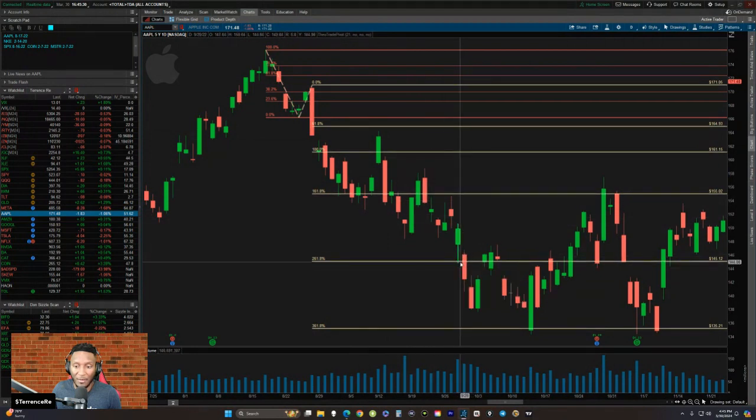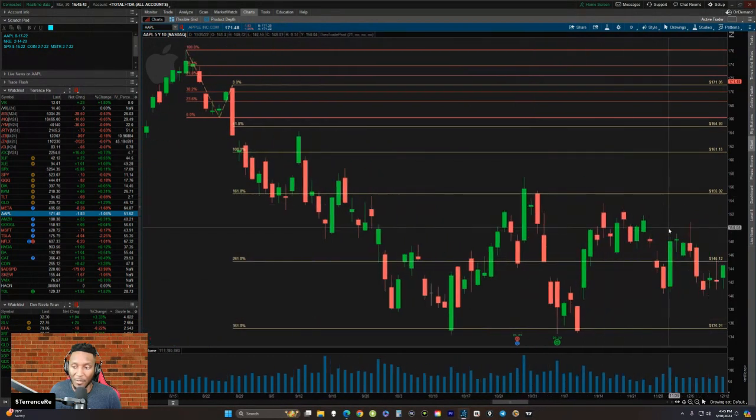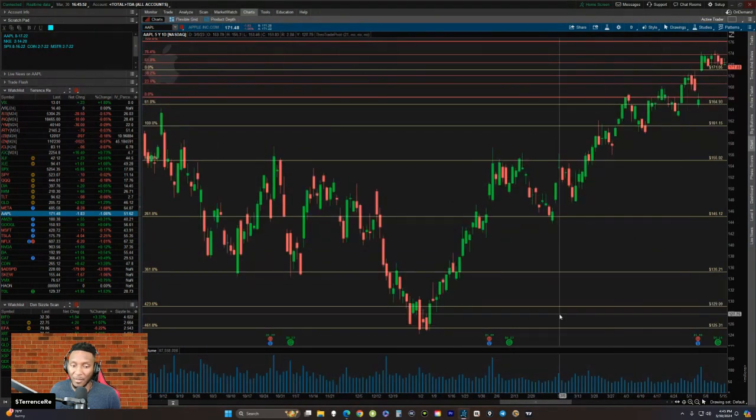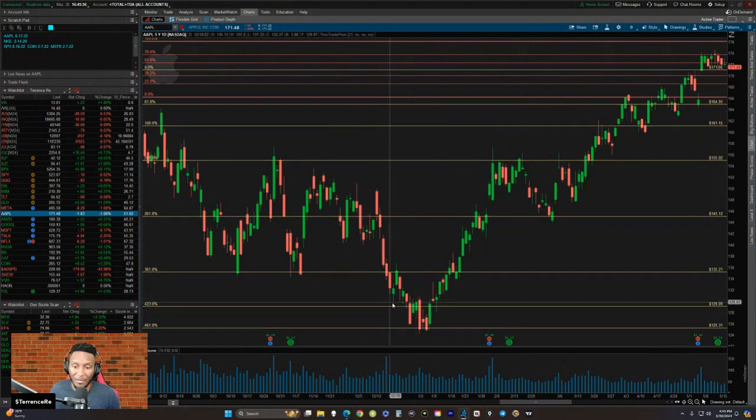Here we go again on Apple, down to 2618. Then it pulled back a little bit, down here to 3618. Pulled all the way back up to the 1618. It chopped for about 2 months. Then look what it did. Came down, hit the last level, it hit this level, then hit this one on 4618.